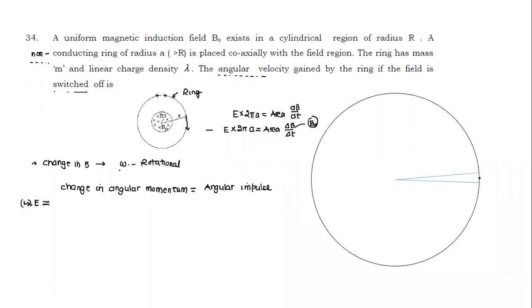One step is calculation of the induced field. We know that force is charge into field. Let's say the field is equal to E. Which direction will the field act? If suddenly we switch off, the field will act in which direction? Here the direction is not important, but anyway, the field acts in this direction, along the tangential direction. Now what should we do next? This is how the field acts. What should be the next step?